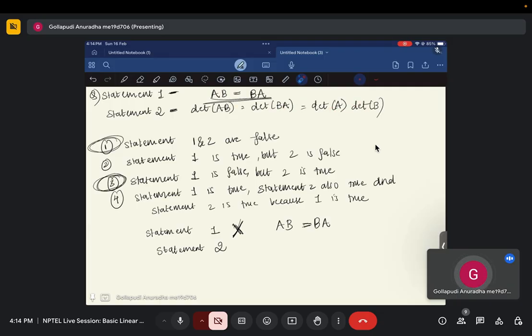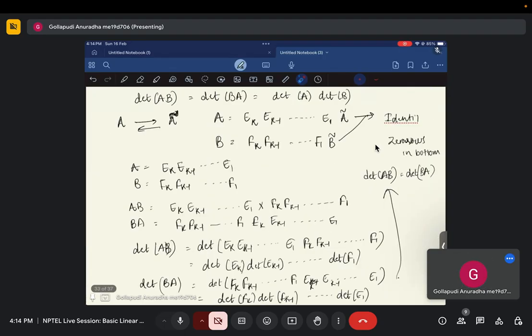Statement 2: determinant of AB, BA is equal to determinant of A and B. So what I'm saying is, using some elementary row operations, I'm taking one case where both A and B are non-singular matrices. Then I can write A as the product of elementary row operations. I can write any matrix as a product of elementary operations, so A and B I'm writing like this. For now, for one case, I'm taking